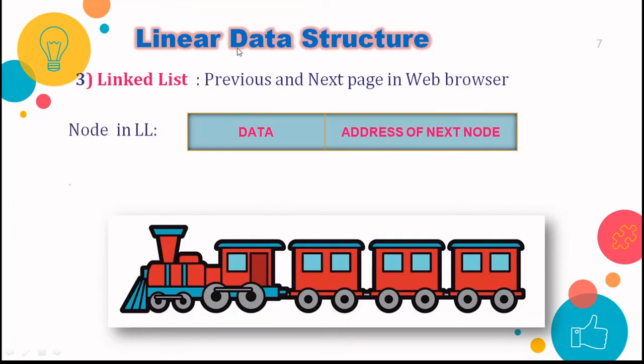So now coming to the next linear data structure, that is linked list, right? And I just took this simple example to explain to you how it works. So here in linked list, we have a node in the linked list. So if I talk about the single linked list, this has given the example of a doubly linked list. But if I talk about a single linked list, there are two sections. First is data, and the second is the address of the next node, right?